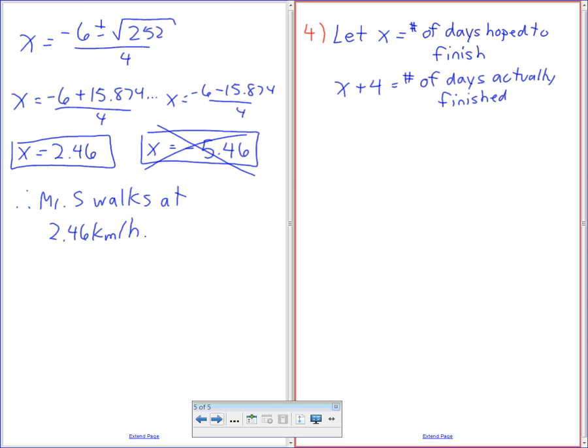It says here he plans to charge $1,200. It also says that he earns $30 less per day. So what are we comparing in this question? Nobody knows. Yeah, go ahead. We're comparing how much you get paid on one side. Yeah. And then same as the other side, but with 4 extra days longer. Good. So what he wanted to get paid equals what he actually got paid